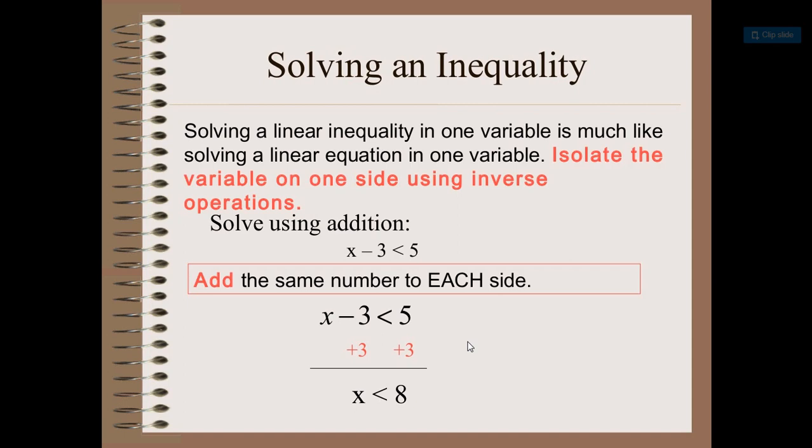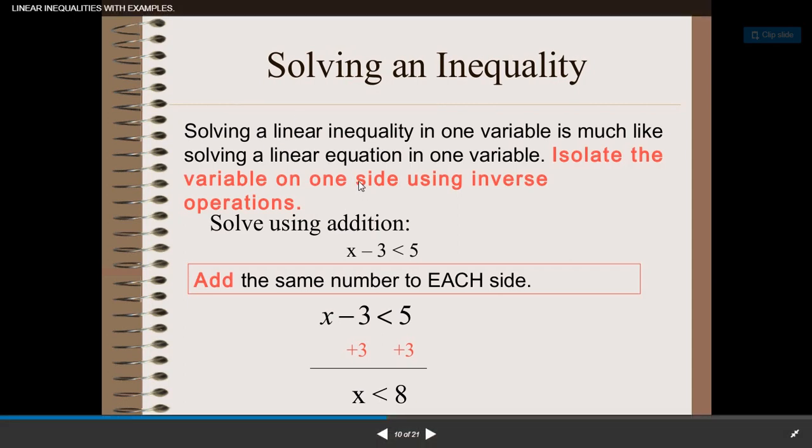Alright, as far as solving an inequality is concerned, it is pretty much similar to the way you solve a linear equation. So I would go to the extent of saying that when you have to solve an inequality, treat it like an equality and the difference will come at the last stage. For say, if this were given to you as an equality and it were x minus 3 equal to 5, all you do is take the minus 3 onto the other side and that gives us x is equal to 8. So what we do is we do not write the equality sign, rather we write the sign less than because that is what the question says.